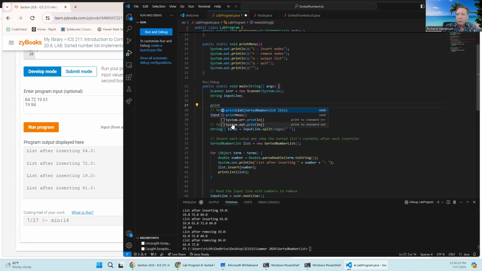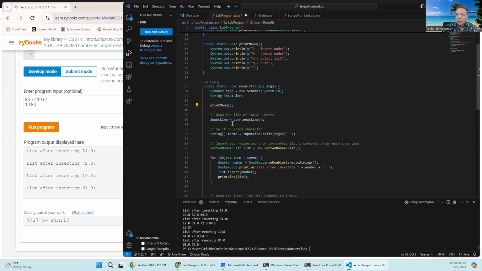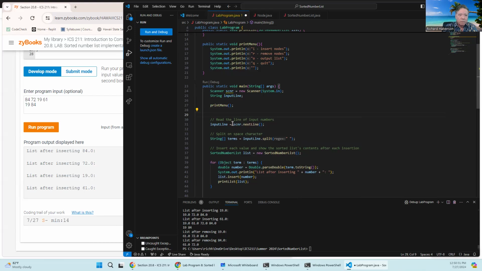Print menu. And just like in the other ones, we have some sort of menu option. Menu option equals